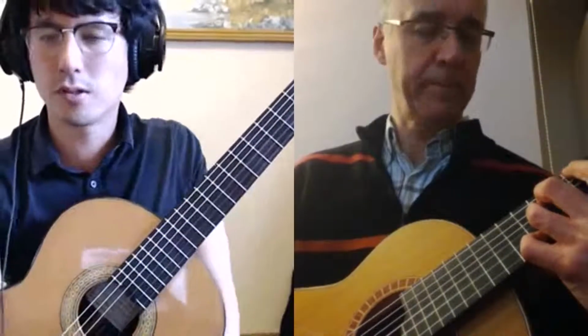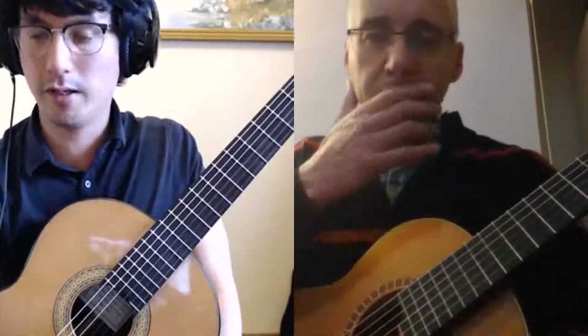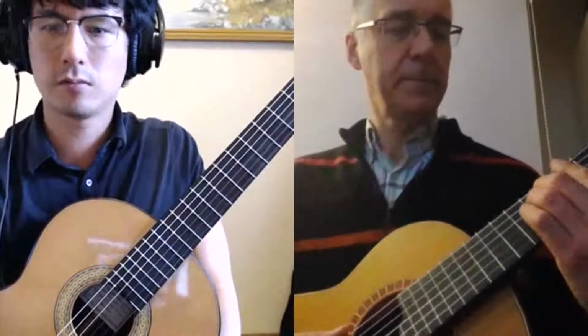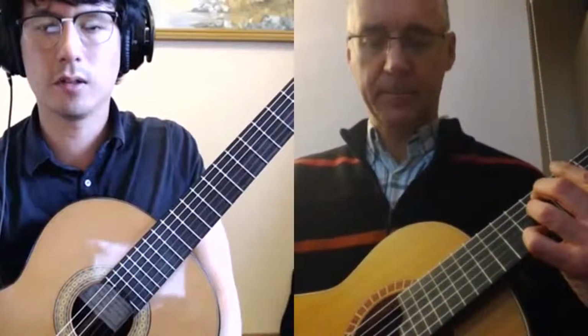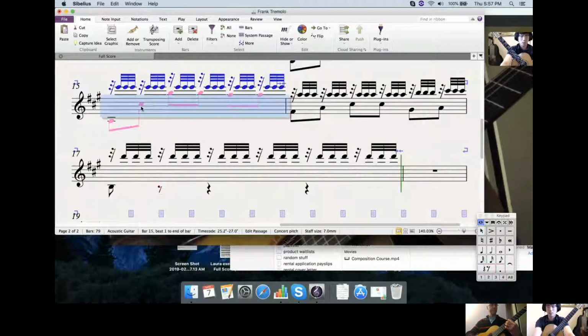Some different options. Why don't you just quickly play around with a bass line there, with that chord? Could you sort of play around with a bass line around that chord? I would say something like that, that's one option. Can you keep the same arrangement, the same rhythm, the way that it...